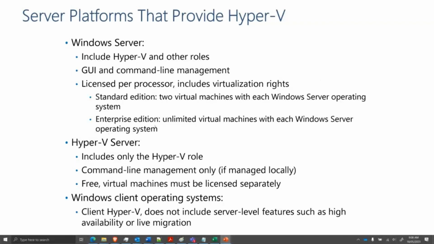But with the Enterprise Edition, if you buy the Enterprise Edition Hyper-V, you get unlimited virtual machines, each with the Windows Server operating system. What does that actually mean? It means that if you buy an Enterprise version license, you can install 1 physical machine. Then on that 1 physical machine, you can create as many virtual machines with the Windows Server operating system as you like, and they will all be fully licensed. Obviously,